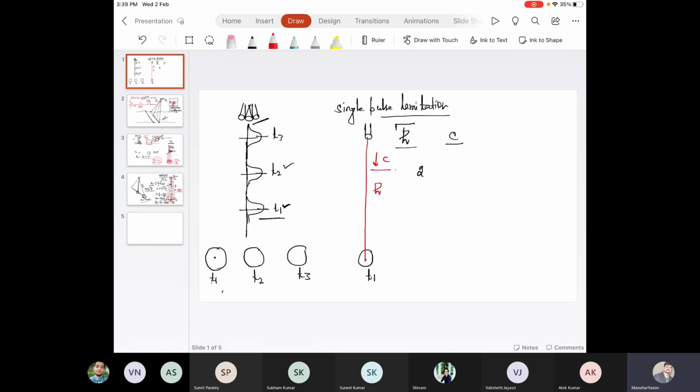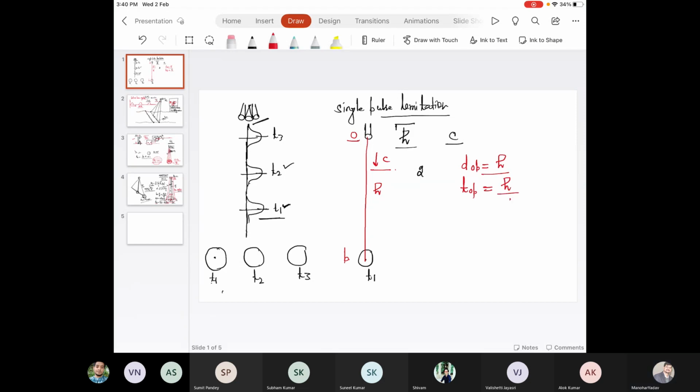Let's say this is the origin O and this is point P. So the distance between origin O and point P is equal to the flying altitude height h. Then the time taken by the laser beam from origin O to P is equal to h